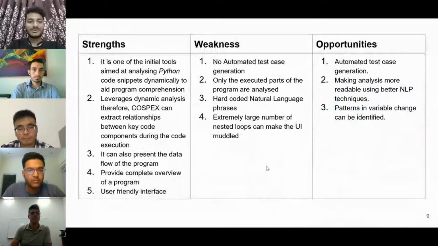Now coming to the SWOT analysis of the tool. COSPEX is one of the initial tools aimed at analyzing Python code snippets dynamically to aid the program comprehension process. It also leverages dynamic analysis. Therefore, it can extract the key relationships between code components during its runtime. It can also present the data flow of the complete program execution and thus provide an overview of the program. Finally, these summaries are presented in a user-friendly interface so that the program can be better explained to novice programmers